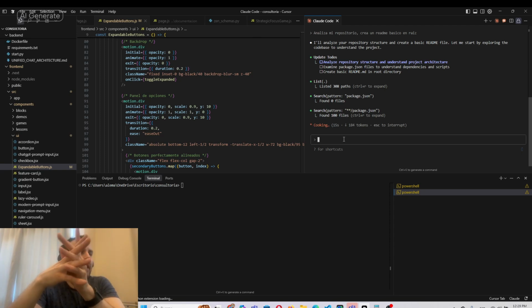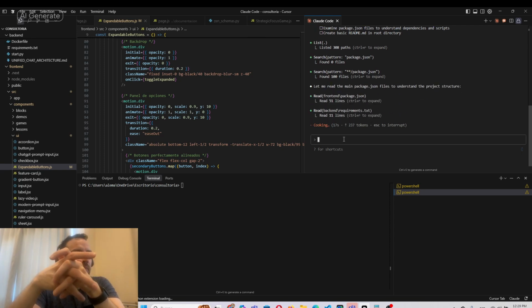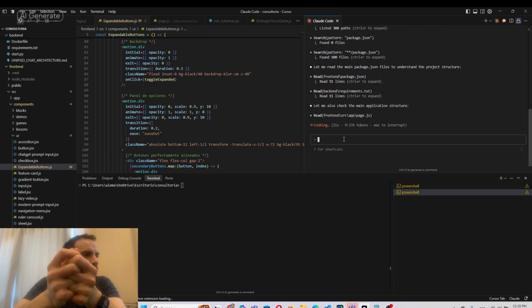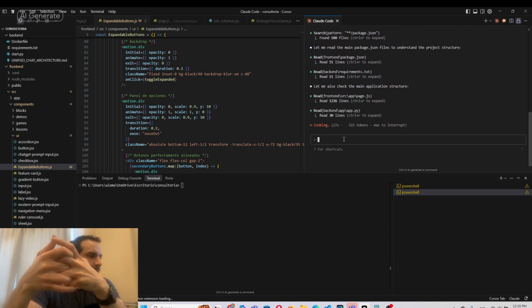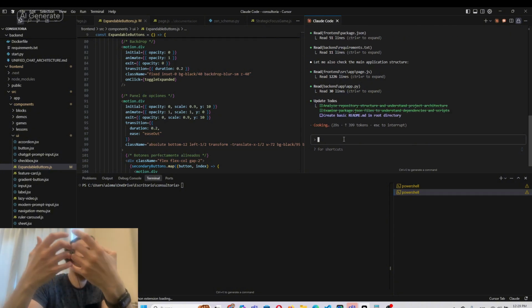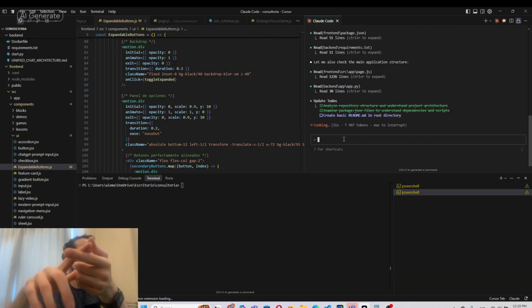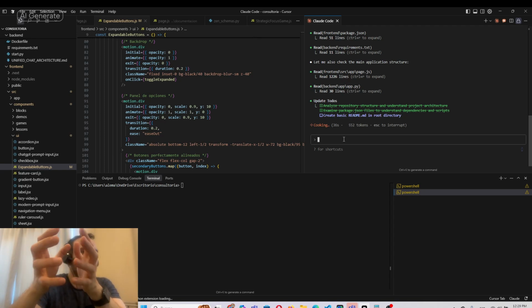At that moment, it starts working. What is the downside of Cloud Code? I mean, not the downside, but you do need to be careful if you don't have much experience with code, because it will make these changes. It will analyze, examine, and create a readme. Now, what you do not have is the restore checkpoint. What does it mean? You will not be able to undo or restore